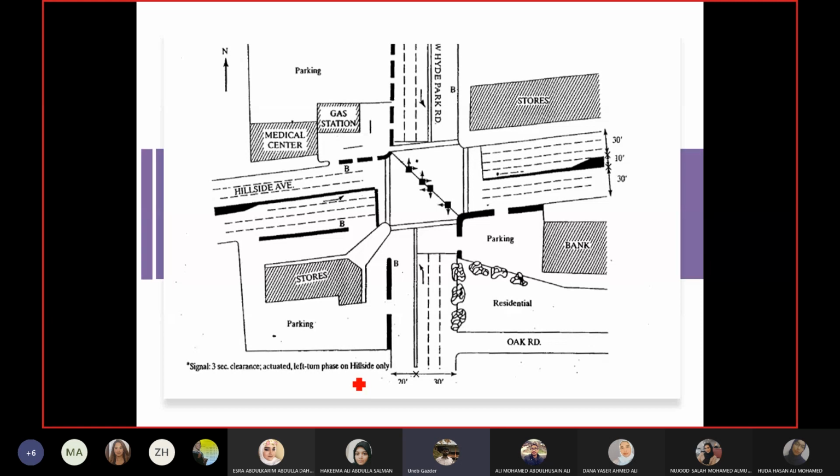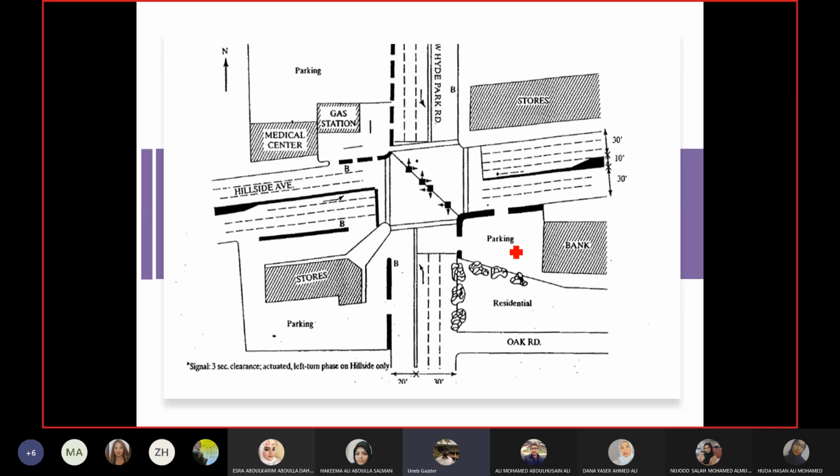So as I said, there is no fixed template here that you can only include this much. They have included, for example, the clearance interval. The clearance interval is 3 seconds for this intersection, and they are using an actuated left turn on Hillside Avenue. The east-west direction is Hillside Avenue, and for the left turning movement they are using an actuated signal. So there's a sensor on the left turn lane, and the signal only gives the left turn if a vehicle is there. Otherwise the left turn is closed, and so on. So this is the sort of information you give with a condition diagram.